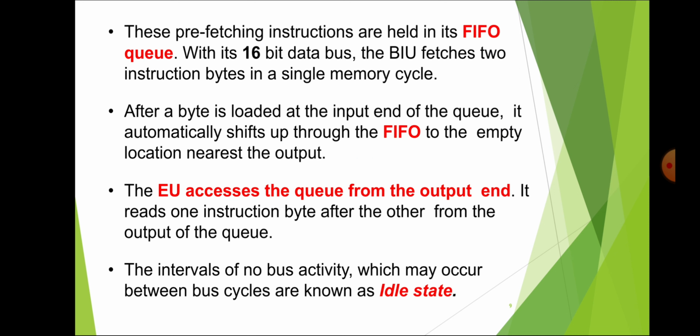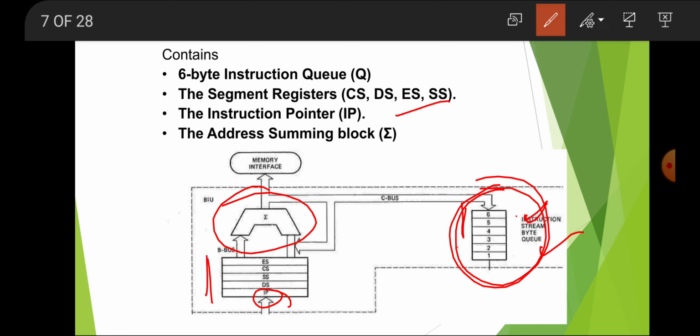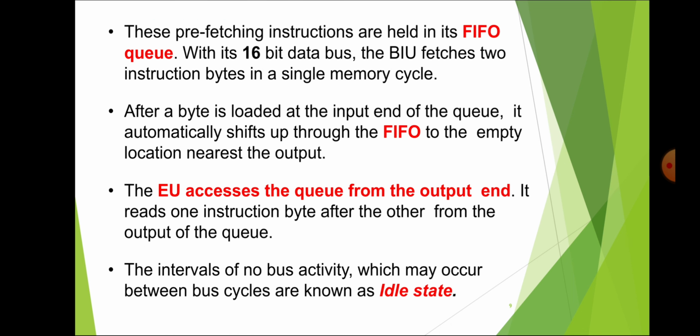Okay, so that's why I have told you whatever I have explained. One more important point: there is only a queue. It is a queue, not a stack. Why is it not a stack? Because a stack is first in, last out, so the program would go in a reverse manner, and this would not work.